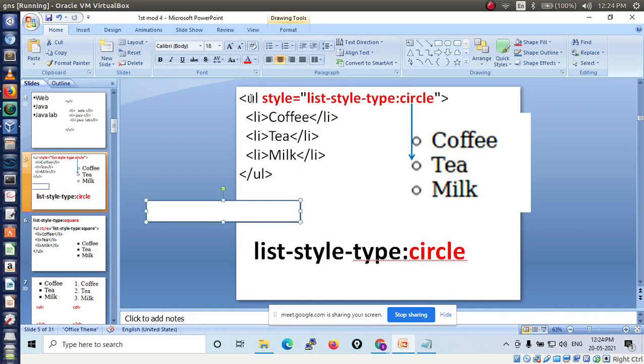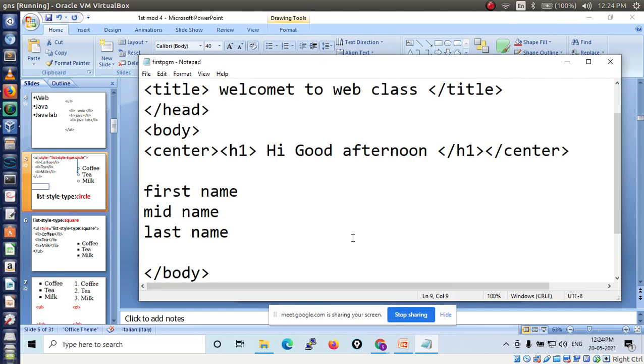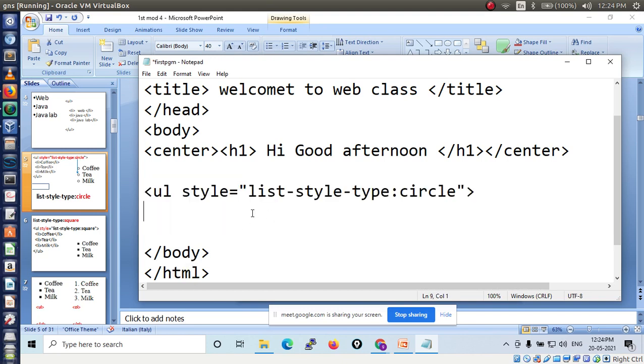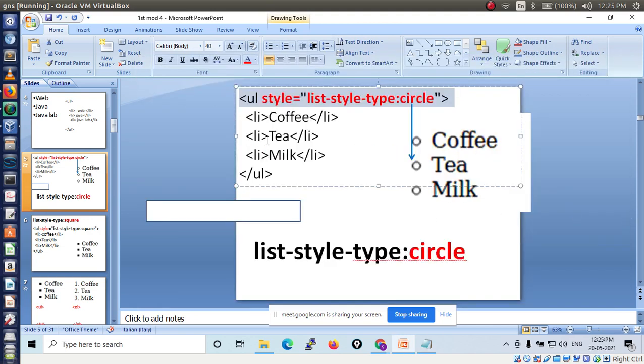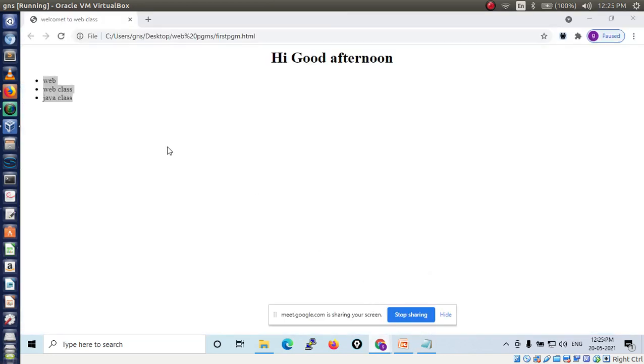Right. So now I am going to display this. So ul style list-style-type circle, then I am writing this ul tag. Over. Now let's see. In previous examples we had disk type bullets.